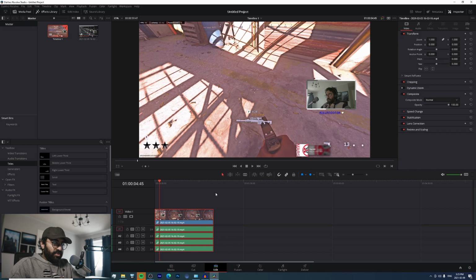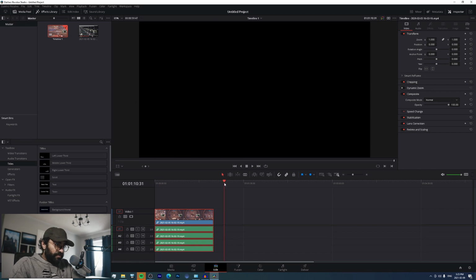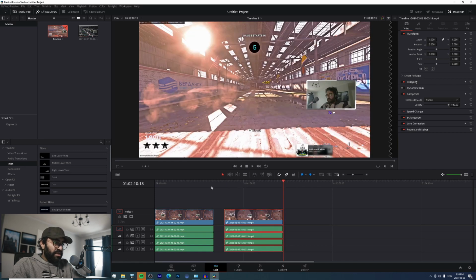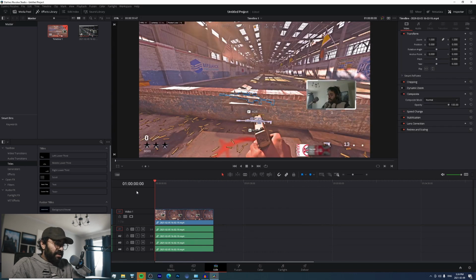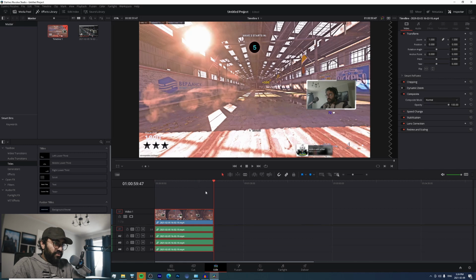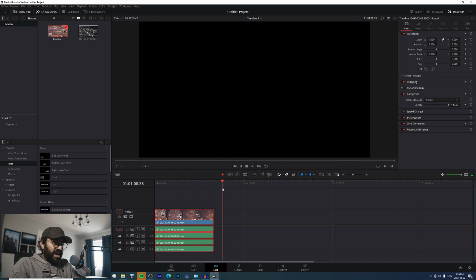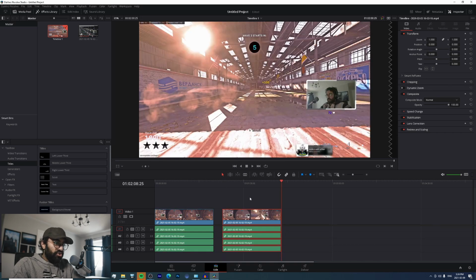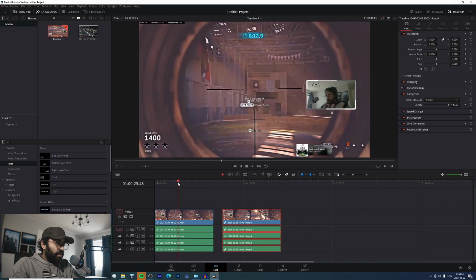So what we want to do now is duplicate this. So just press Control C. You just get ahead in the timeline. Just click anywhere ahead, and then press Control V. If you did Control V here, it just goes over it. So you want to make sure to get ahead of it, so that when you press Control V, it pastes from where you are in the timeline. So Control V, and it'll get ahead of it. Okay, so